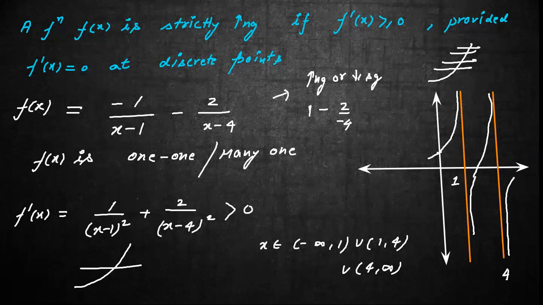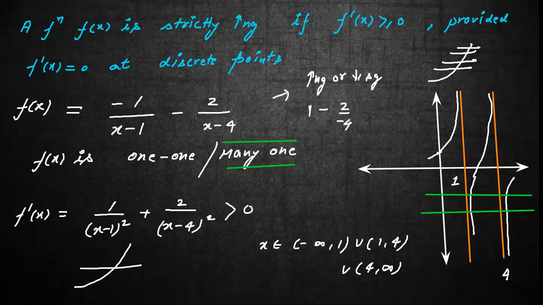Second point, clearly if you try to see, this is not at all a one-one function, because it is getting the same value at many points, right? Y equal to the same value at many points. So it is many one actually. So this function will be many one. We can take the help of the graph also, and the very basic definitions of many one that we have related to increasing or decreasing functions. So now we have to discuss the decreasing function.